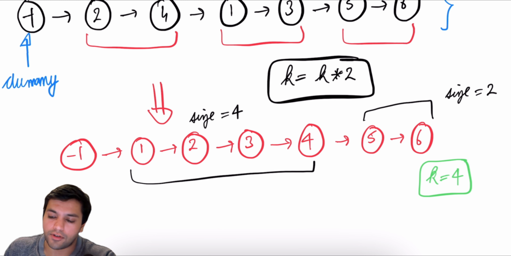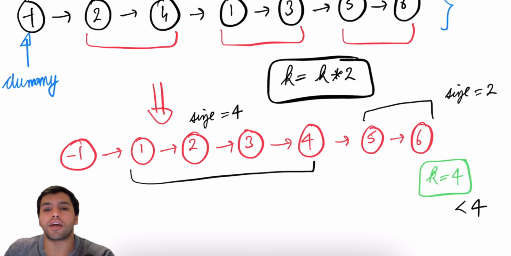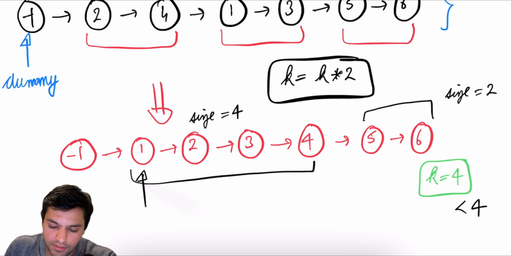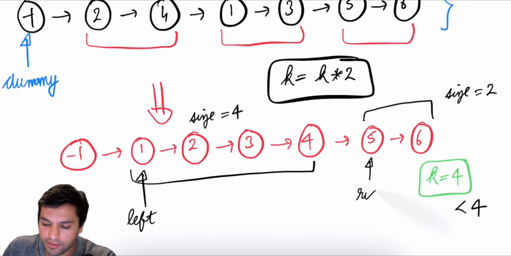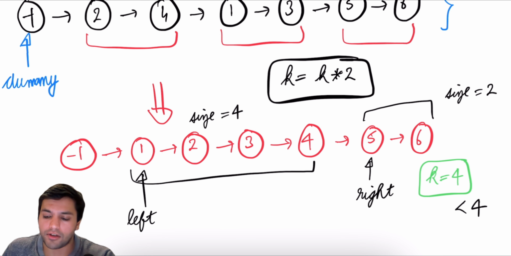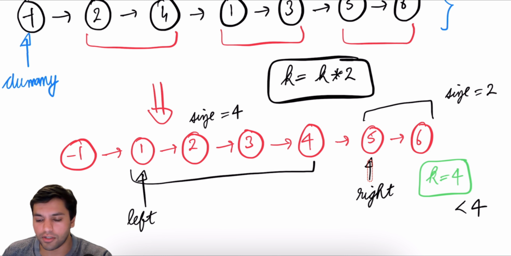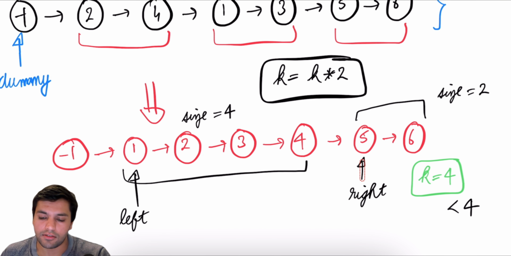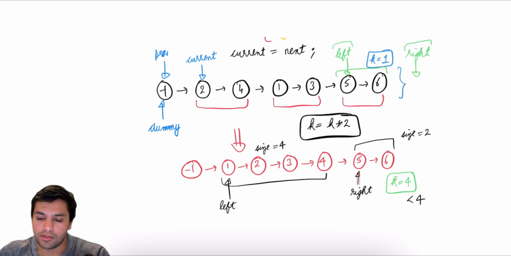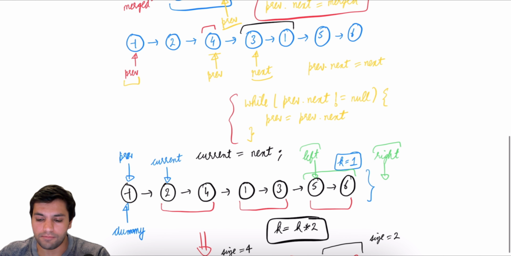So here it could happen that it's just simply less than 4 if we don't have enough nodes at the end of the linked list. So that's fine. And we simply merge this. So this would become left and this would become right. And after we merge this, then this would give us the sorted linked list. So I hope this made sense, and this would make even more sense when we start writing the code for